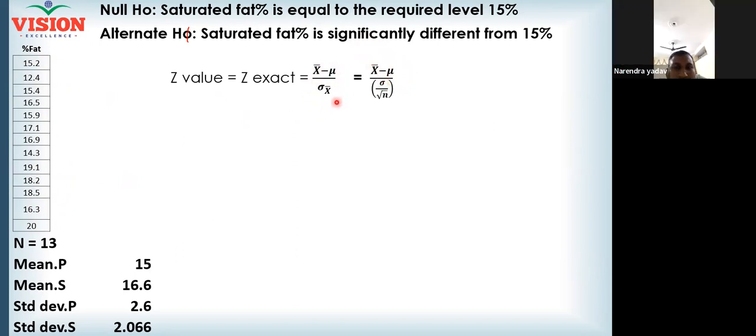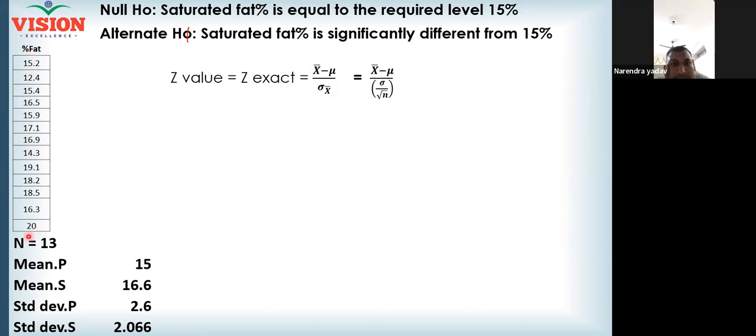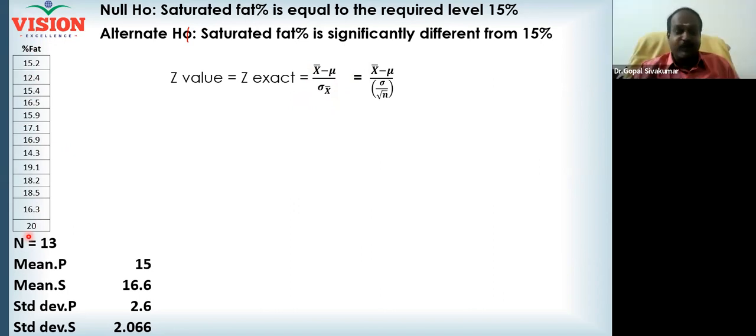So, to calculate the standard deviation of the subgroup average, you should have multiple subgroups. Am I correct or not? Yes, sir. Now, how many subgroups do you have? Only one subgroup. That is why, to calculate the standard deviation, we use the relationship sigma by root of n, because sigma